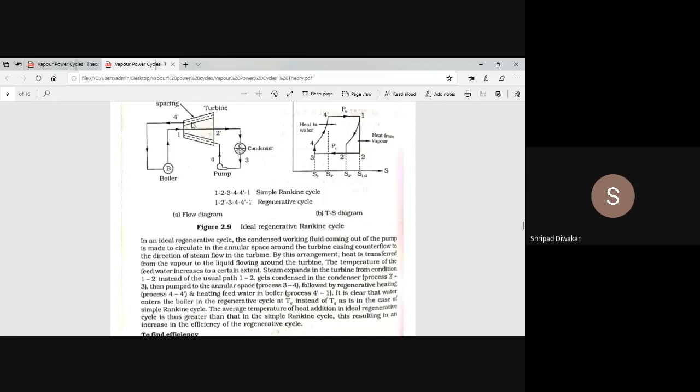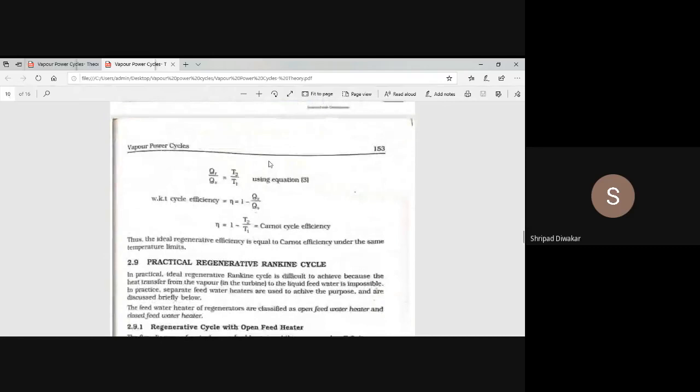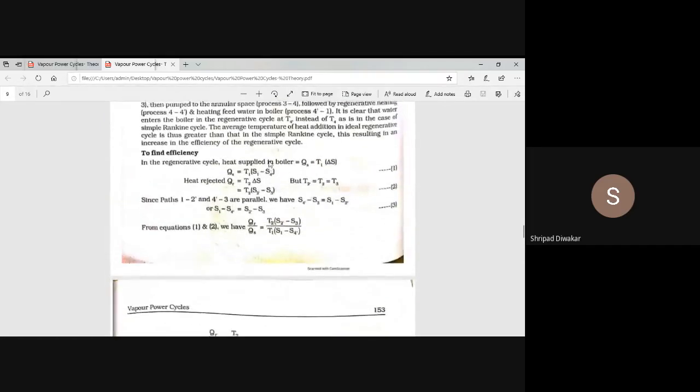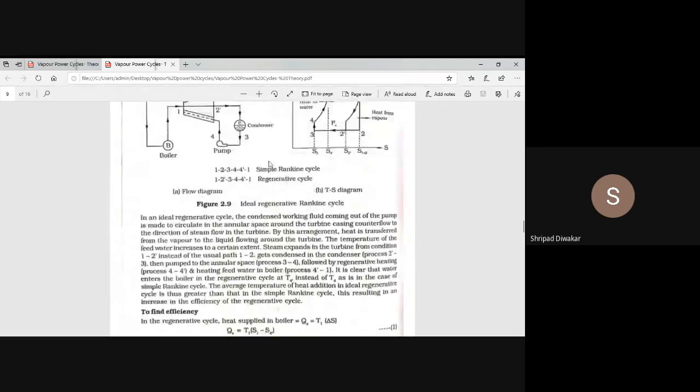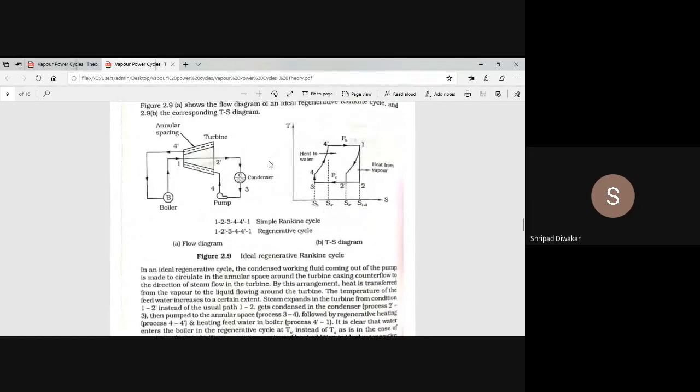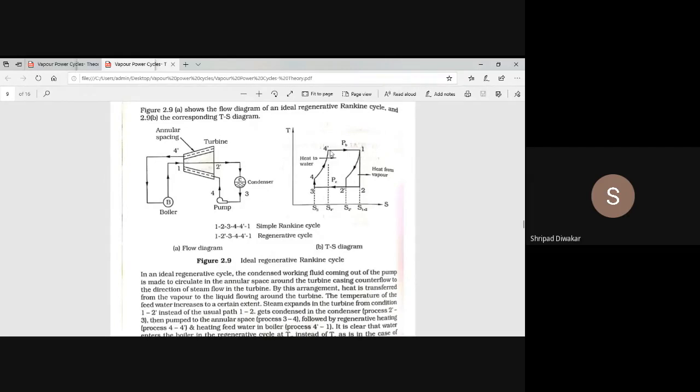Sorry, it is steam. The steam from the boiler enters into the turbine, the expansion takes place, and then it enters into the condenser. Like that, you have to show the diagram. This is the ideal regenerative Rankine cycle. Sometimes they may ask the efficiency of the ideal regenerative cycle. Remember the diagram: T1 and T4 dash are the same, T2, T2 dash and T3 are the same, T4 is different. From the diagram it is clear that you have to mention T1 and T4 dash.